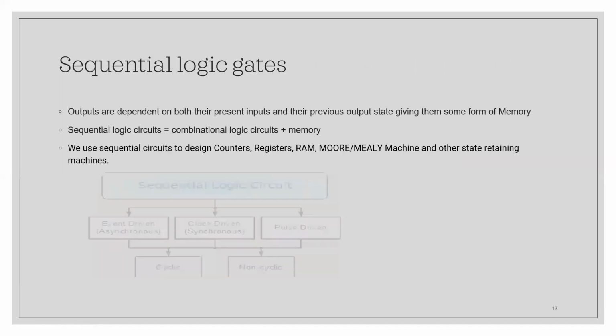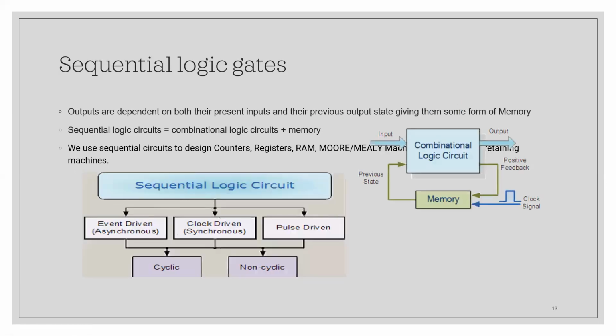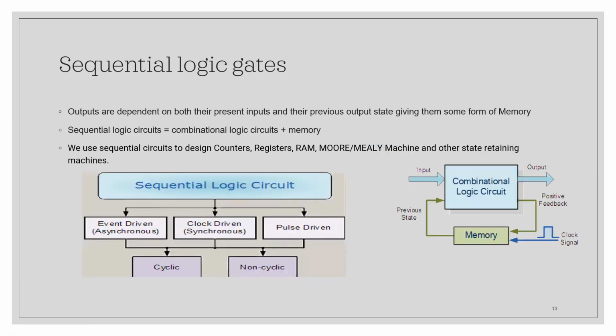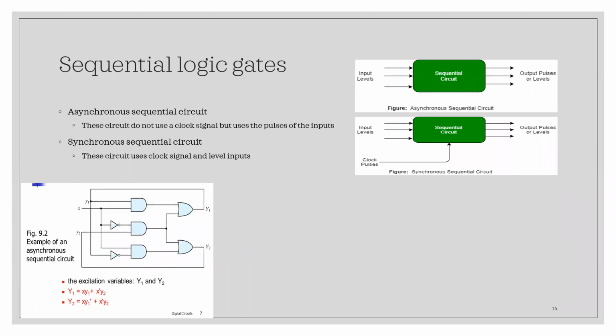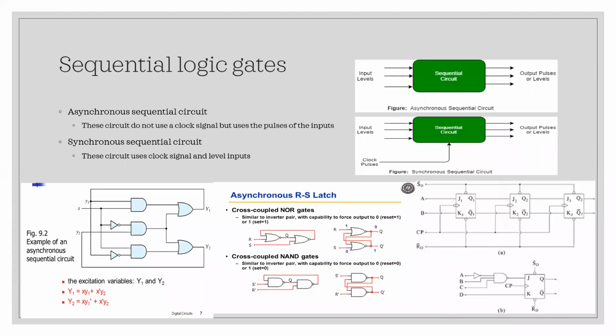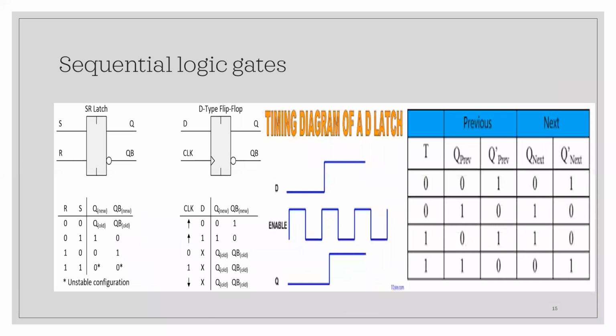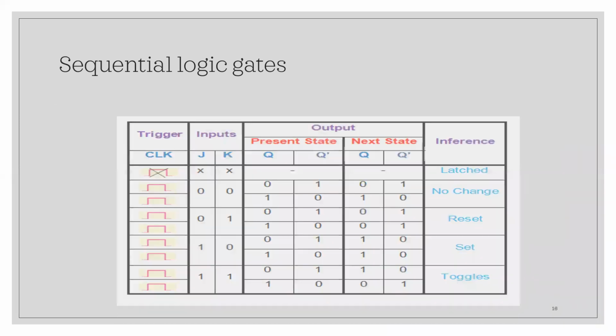So what is meant by sequential? What happens in sequential, how is it different from combinational circuits, and what are the different types of sequential circuits which you have come across? Already you have learned these things. You might have studied D flip flop or D latch, T flip flop, SR flip flop or RS latch, then JK flip flop. And what is meant by timing diagram. We'll have a slight discussion on these topics.